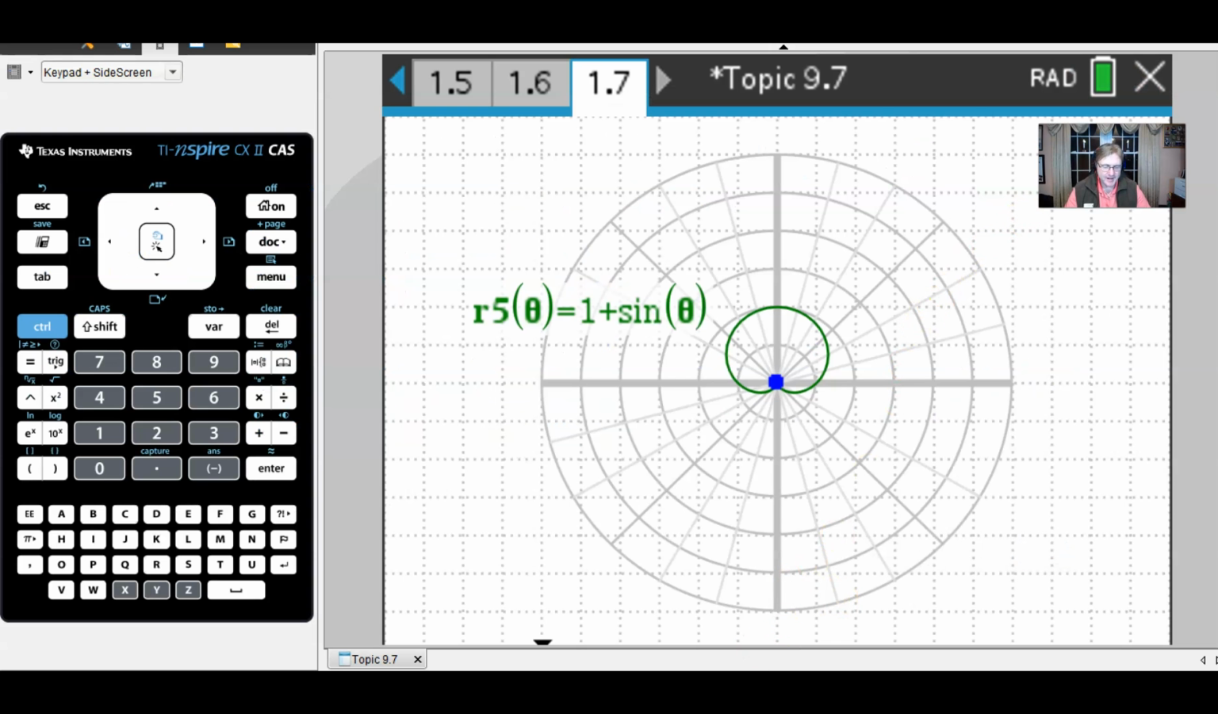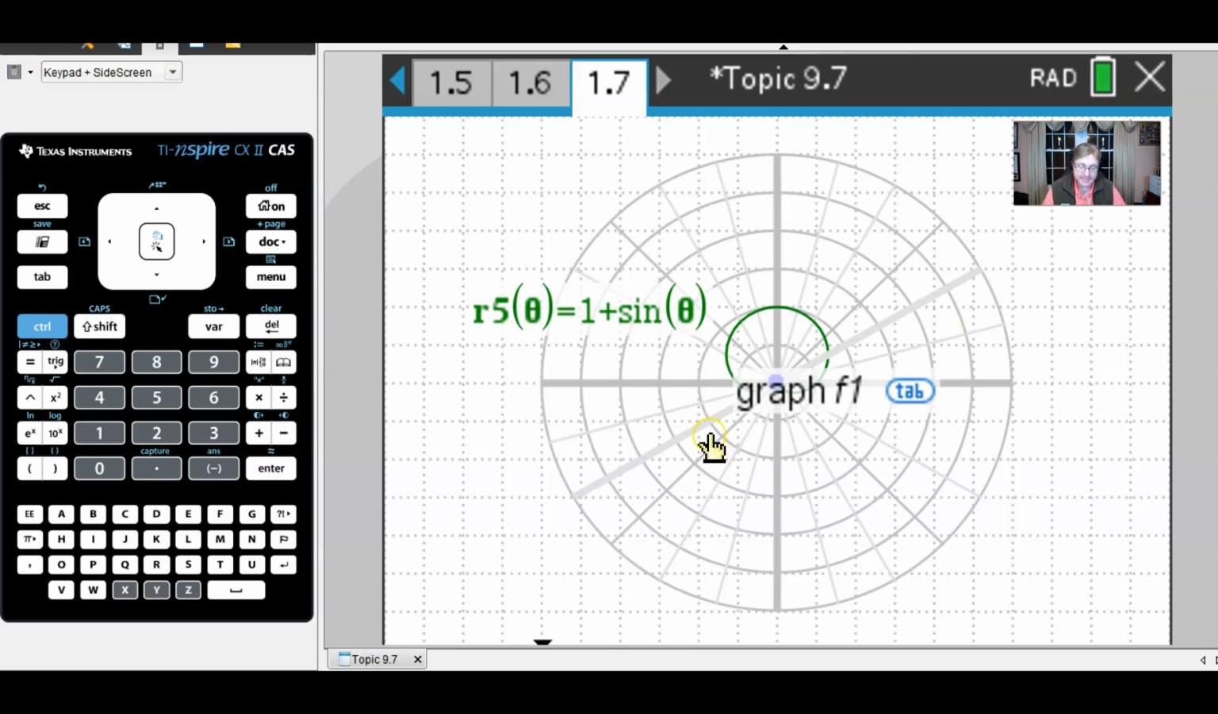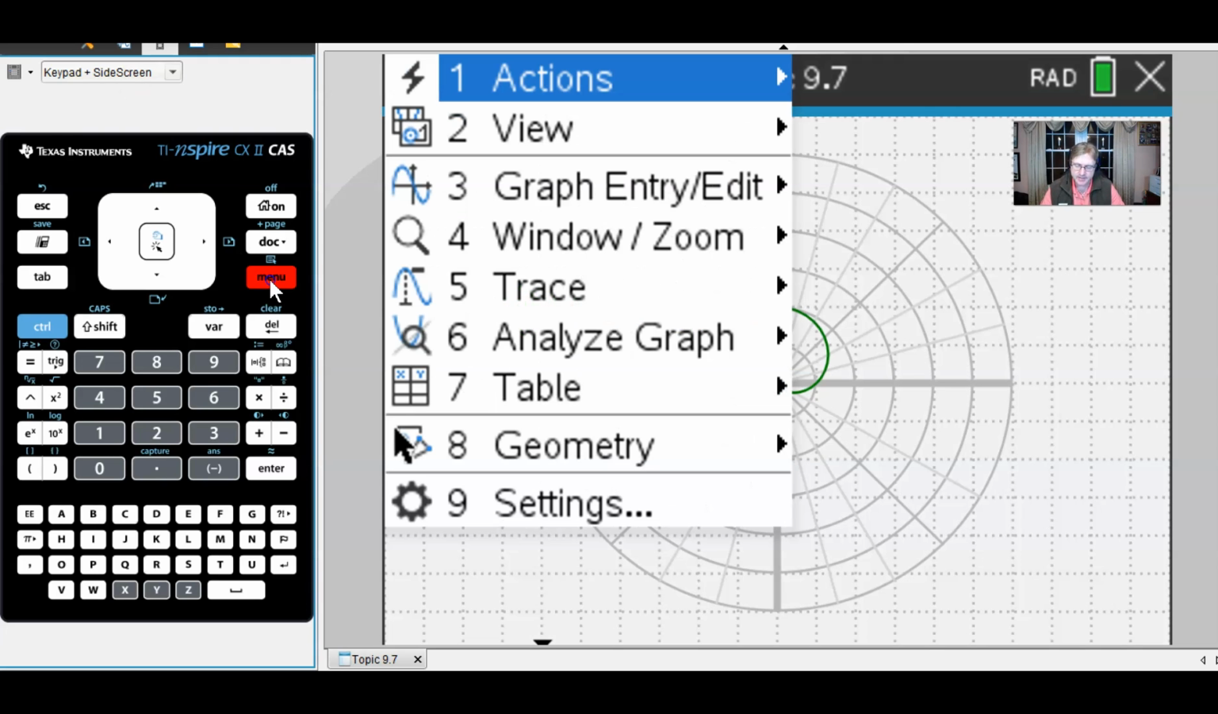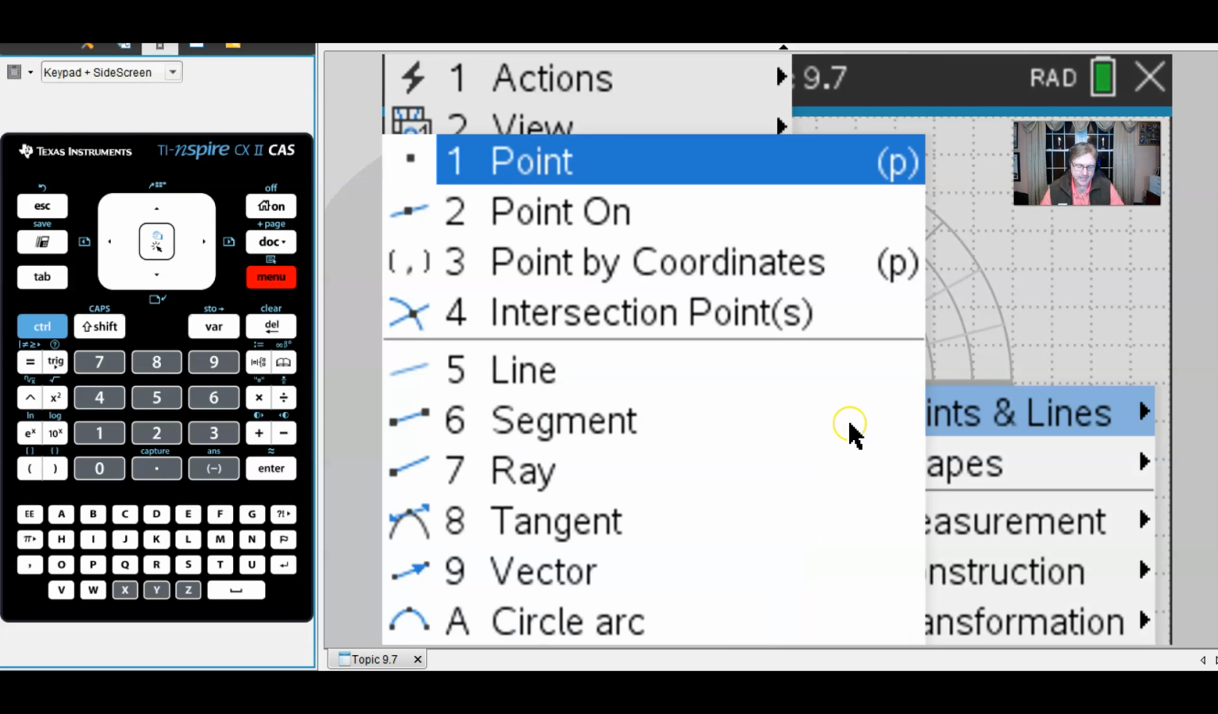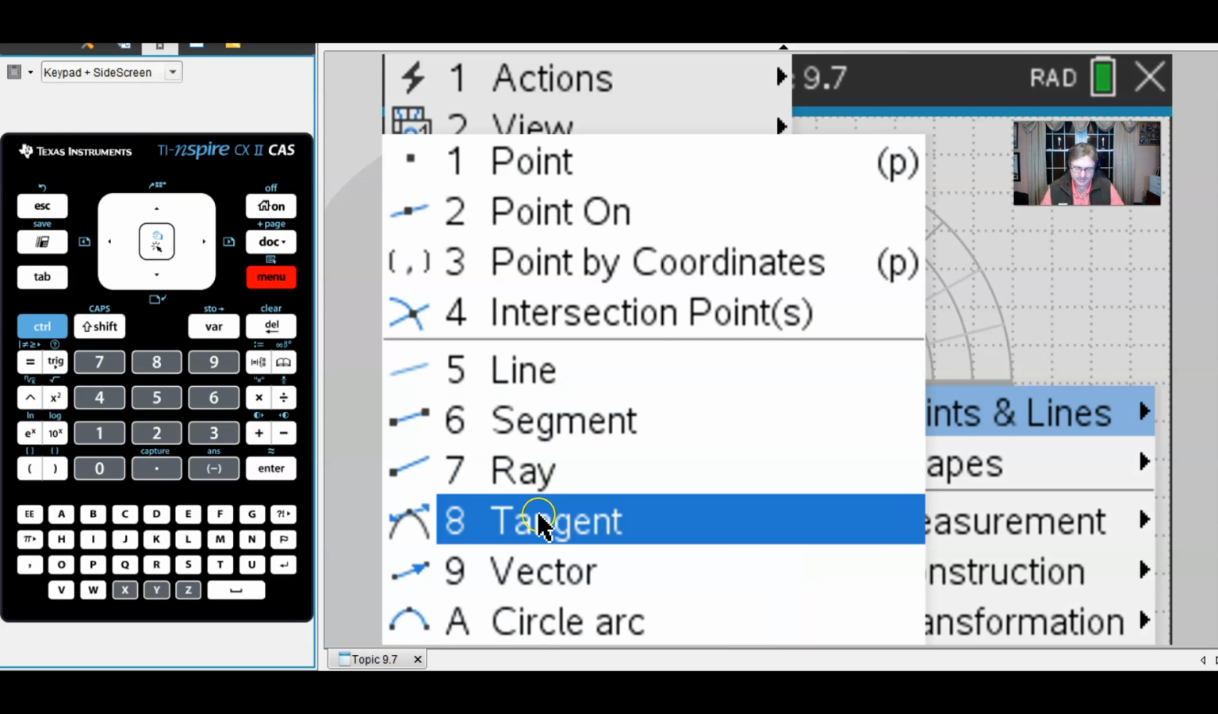So here we are. I have taken it upon myself to sketch the graph of 1 plus sine theta, and that's what it looks like. It is a true live cardioid, situated there up above the pole. And what I'm going to do next, because I'm using the TI Inspire, I can go into this menu geometry option, and I can actually affix a tangent line